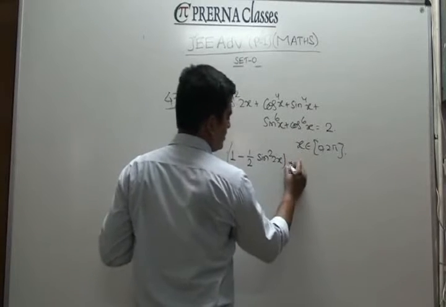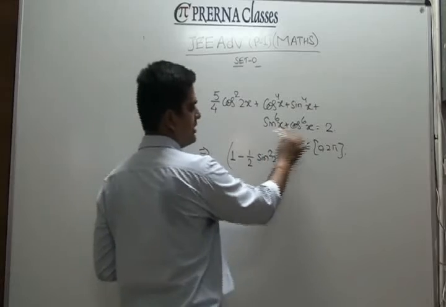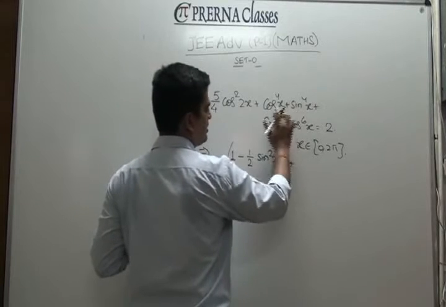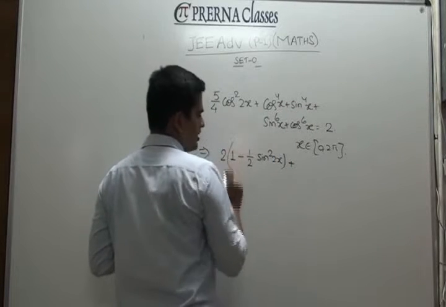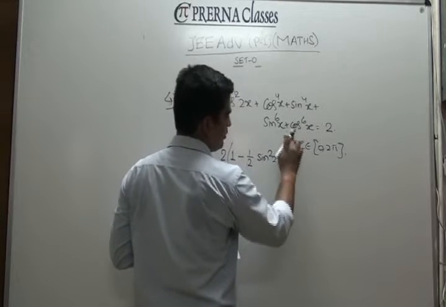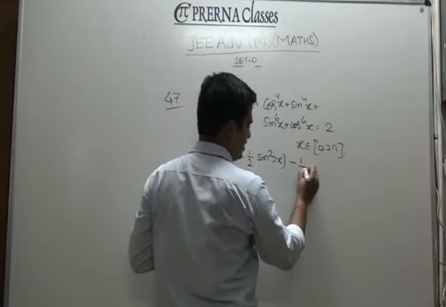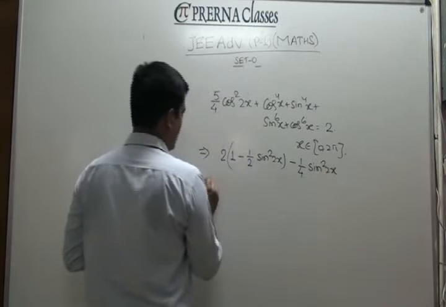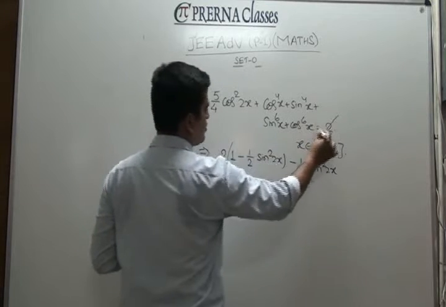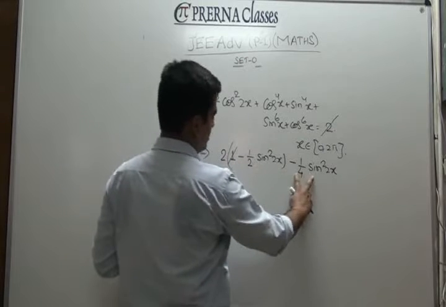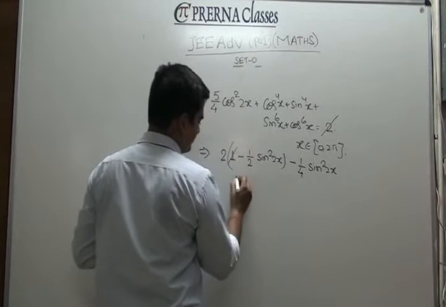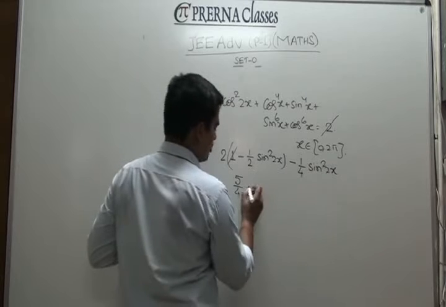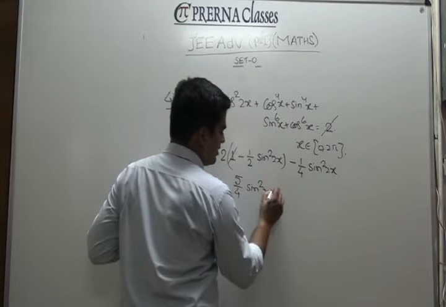In a similar way, if you consider this part, if you treat it like a cube plus b cube, you'll have a plus b as 1, and then as far as a^4 b^4 are concerned, it's going to be related with this again. So I am making it twice, and then you are going to have negative of sine square into cos square, which is clearly minus 1/4 of sine square of 2x. You can check this 2 is going to take care of that 2, and this expression is going to add up to negative of 5 by 4 of sine square of 2x, implies then you have ultimately this statement,